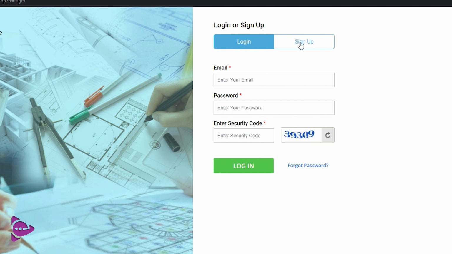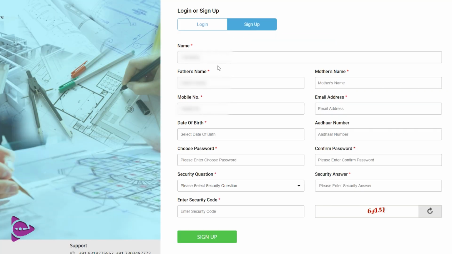If you are a new student and you want to apply for the examination fresh, you have to click on the sign up button. You will be asked for some details. You have to fill in the details, type in your phone number, and make sure these phone numbers are in working condition, and also your mail address. I'll tell you why they should be in working condition.